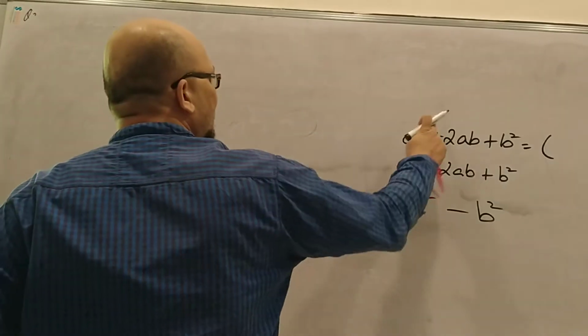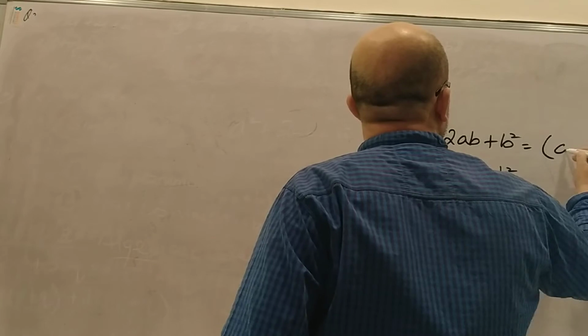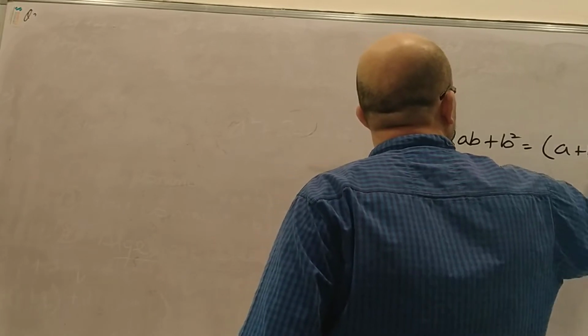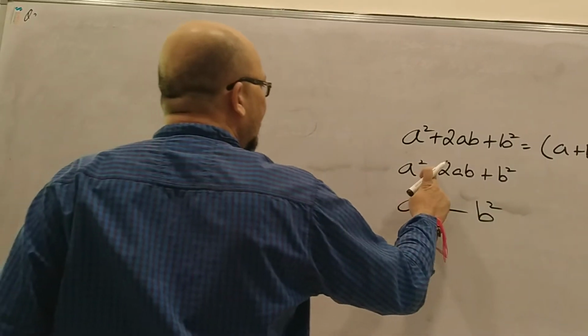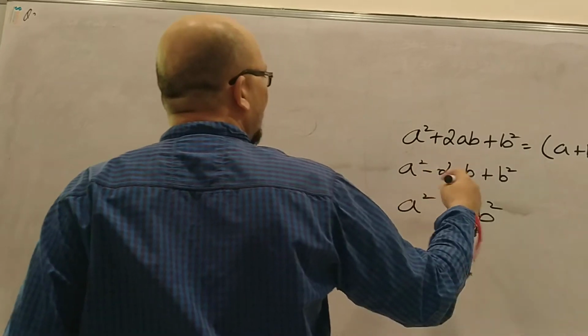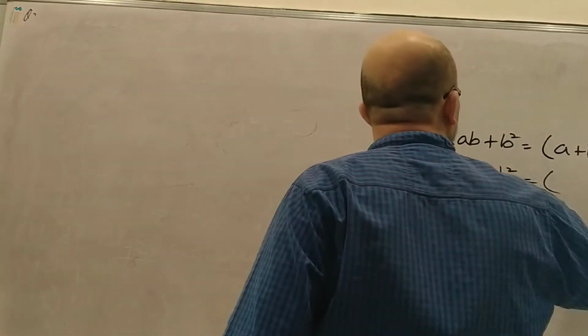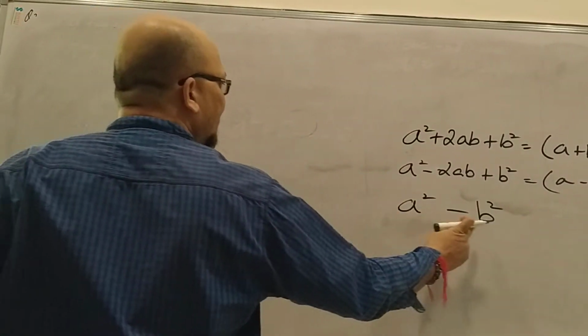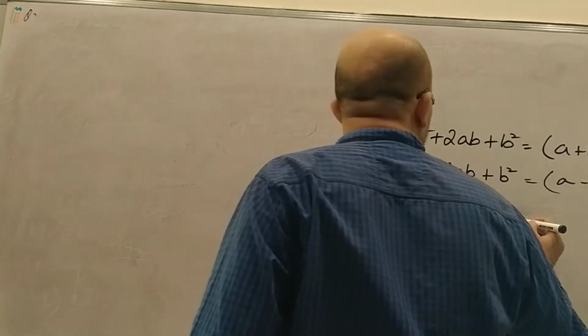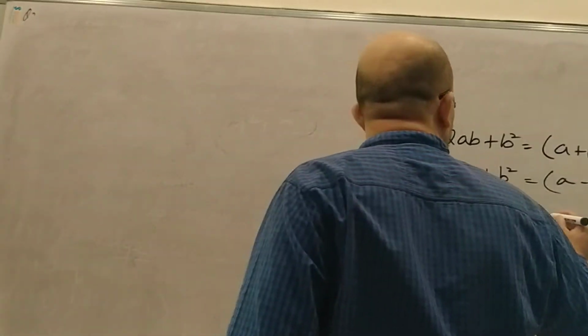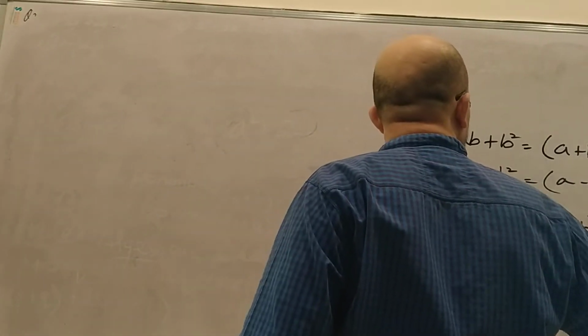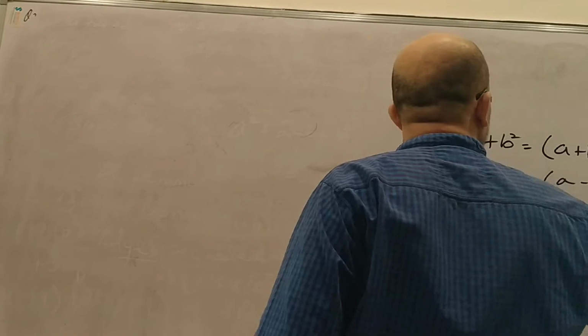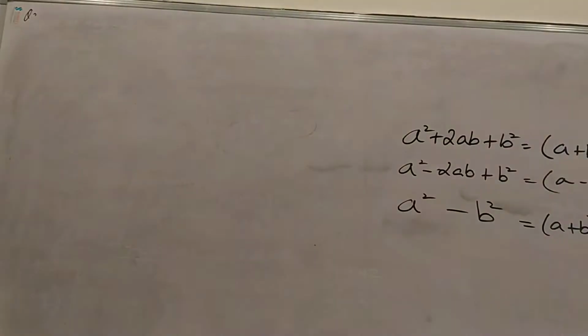The result of a square plus 2ab plus b square is always the square of the sum of two terms. When the teacher gives you a square minus 2ab plus b square, the square of the difference of two terms is the result of this identity. And the last is the difference of two squares, a square minus b square. When this type of algebraic expression is given, the result is the product of the sum and difference of two terms, bracket a plus b, bracket a minus b. So guys, these are the three identities.